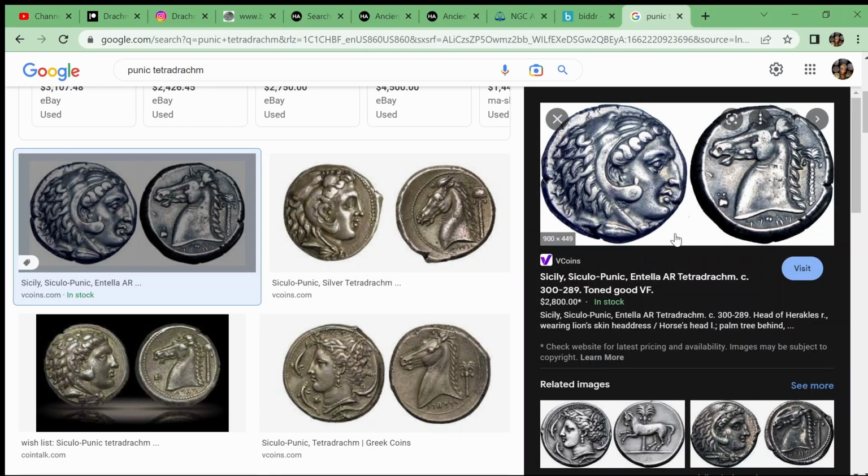But we can pull up, so this is a Siculo-Punic tetradrachm from Entella. You can kind of see here, if you actually look at the bust of Alexander, I'm going to go one coin over here in a sec. But if you look especially around the face, the eye and the nose and the mouth are quite distinct. I'd say you've almost got a little bit more of a crude style here. Like especially around that mouth, it's just sort of stylized. It's not the nicest. I mean, obviously it's a pleasing die,